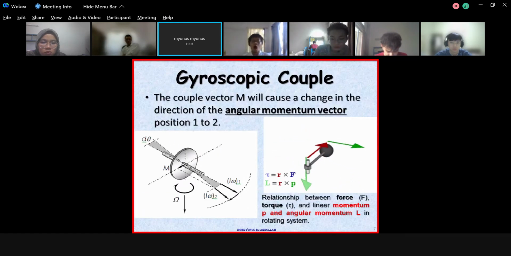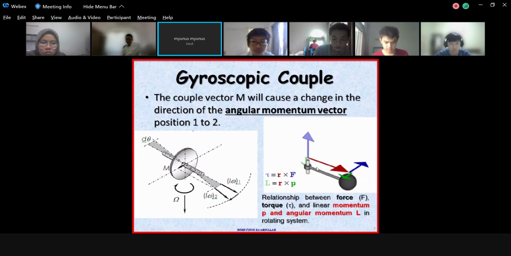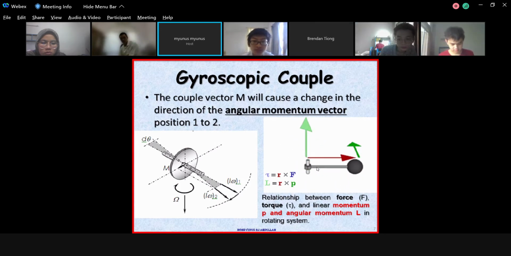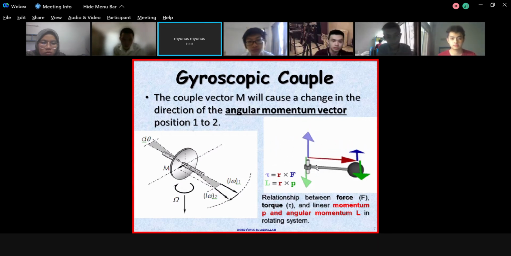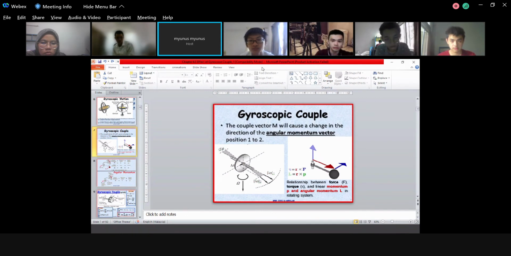Okay, what do you understand from this one on my right? You learned this one, right? The velocity and also the acceleration, correct? So for the velocity, you will have two rules. One rule is the right-hand Fleming rule. I can show you my hand here, I'm going to turn on my video.